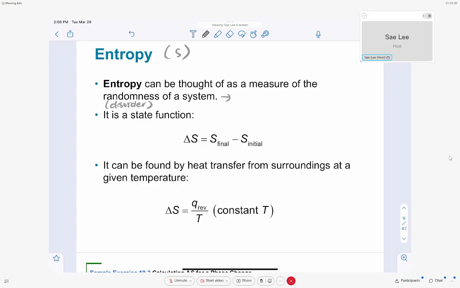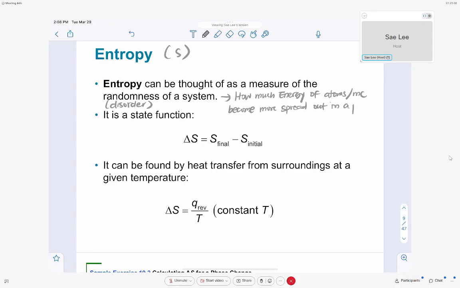I'm going to write that down. How much energy of atoms or molecules become more spread out